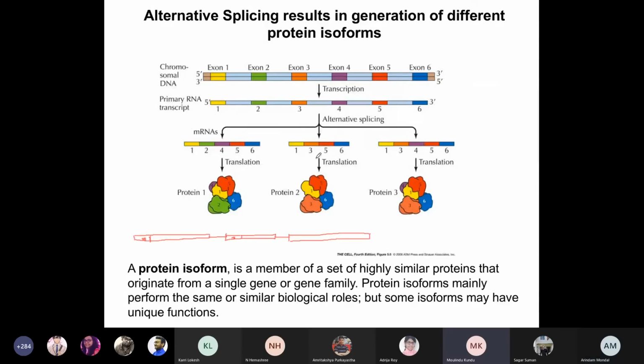Sir, actually, I am asking something else. Yeah, go ahead. Sir, I am saying that if there are no introns, just exons, like exon 1, then exon 2, then exon 3, 4, 5, 6, like that. And for the first one, it just removes the third, and for the second one, it removes the fourth. But how are you going to remove that? In that case, the polymerase has to jump maybe from 1 to 3 and then 3 to 5, like that, right?